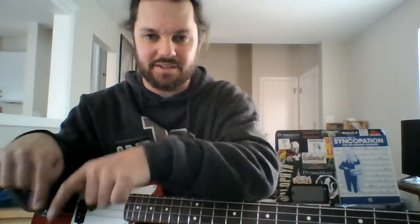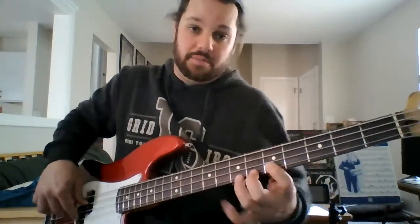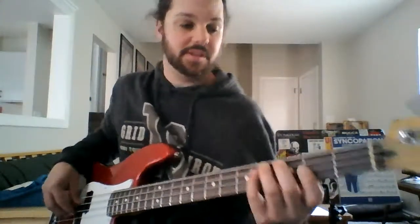Cool. If you were to follow along with me by this time, what is the time down here? It's almost half an hour. If you're a beginner and you practice those things, you'll have a really good start on where all the notes are, how you should be plucking the notes with both hands. You have a pretty good foundation of how to start this instrument. But